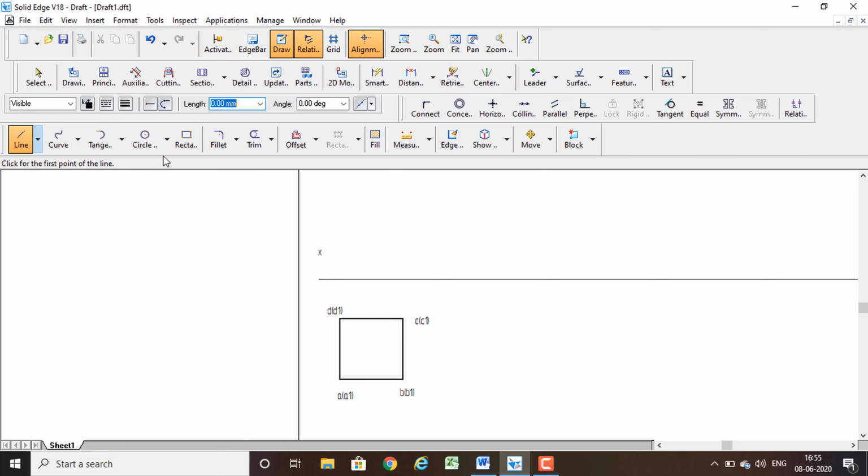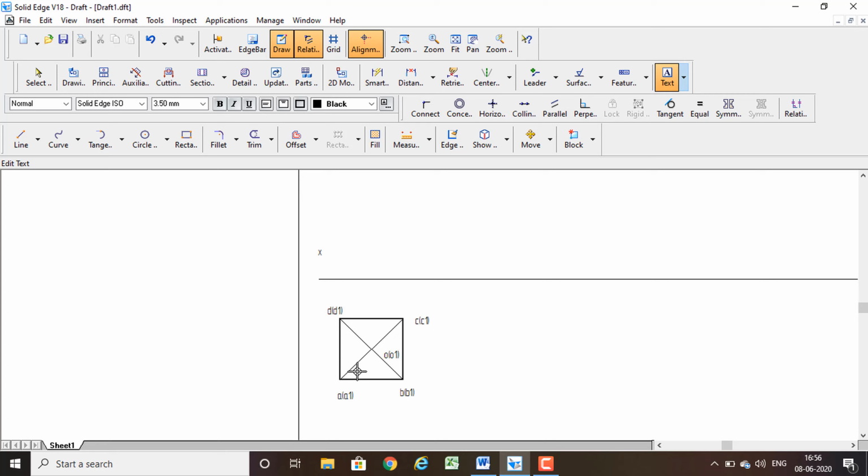Next we also have to locate the center, so the thickness must be 0.13. I am going to draw the diagonals from A1 to C, and in the same way from B to D. Where both intersect, that is O1. I am going to take the text command. Here I am going to represent it as O, the top center, and O1 is the bottom face center, which is invisible.